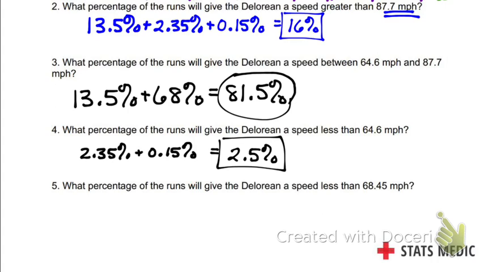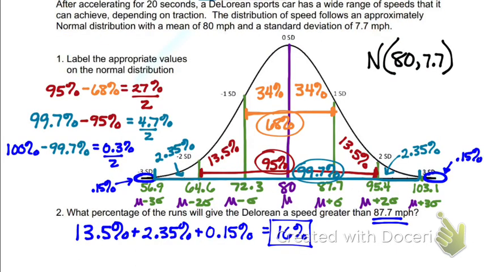What about number 5? What percentage of runs will give the DeLorean a speed less than 68.45? Hmm? 9.25. Tell me how you got it. I love it. So I was looking at the number and I realized it looks kind of halfway between 64.6 and 72.3. So I divided the standard deviation by 2 and I got 3.85, and so I added that to 64.6 to double check, and I got 68.45. So then I divided the 13.5 in half, and I got 6.75. And so I took 6.75 and then added it to the 2.35 and the 0.15. Yes. So we have 9.25